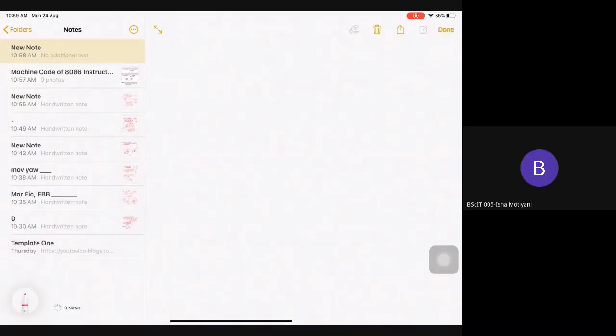So the first instruction will be MOV AH, DH. You need to make the machine code for this.